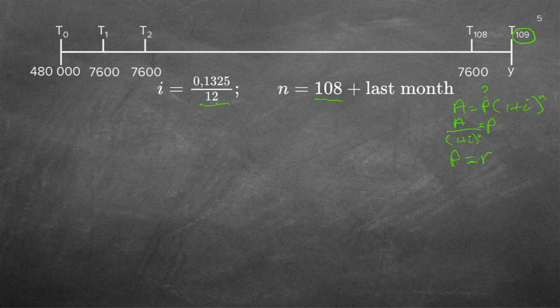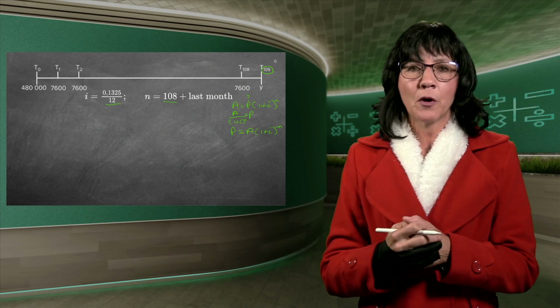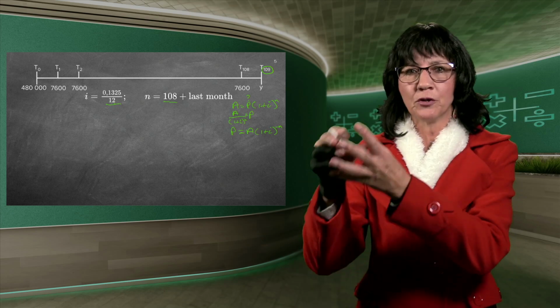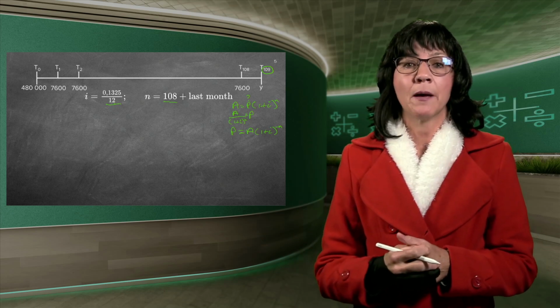Now I'm just going to write it neatly. Do you agree with me? I can actually do this. Let's look at it slowly. If I have A divided by the bracket to the power of N, and I don't like fractions, nobody likes fractions, and I rather want to make it one nice line, I can bring the bottom bracket to the top, but remember what happens to the exponent sign there. Can you see all your old knowledge that you learned since grade 8 is now available? It should be available in your mind, and you're using it. One of your exponent laws: if I bring something from the bottom to the top, then my exponent becomes the other sign.